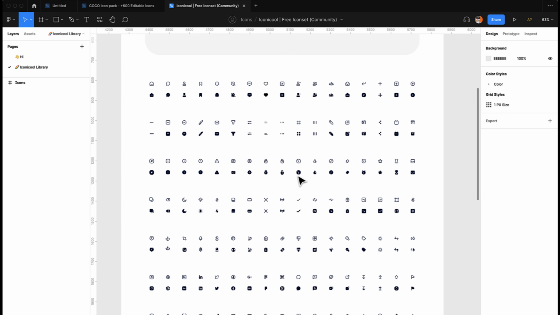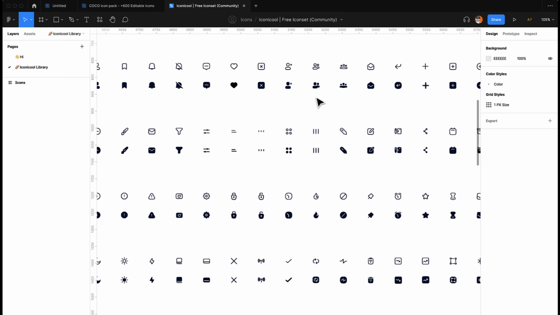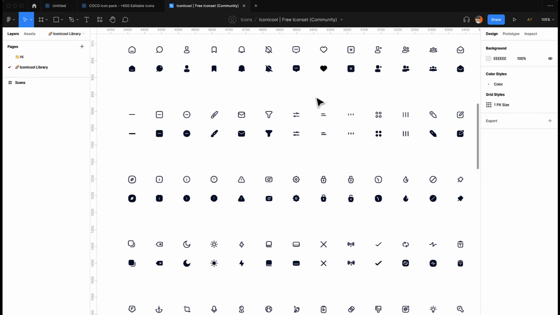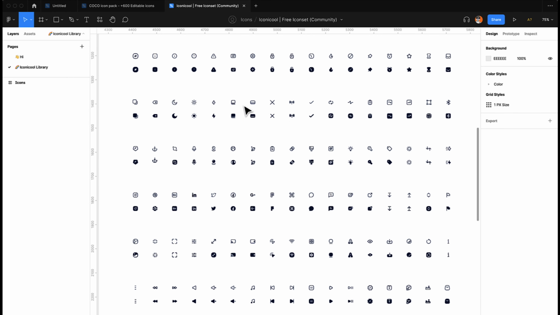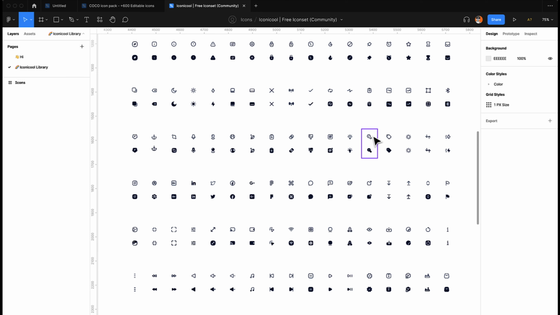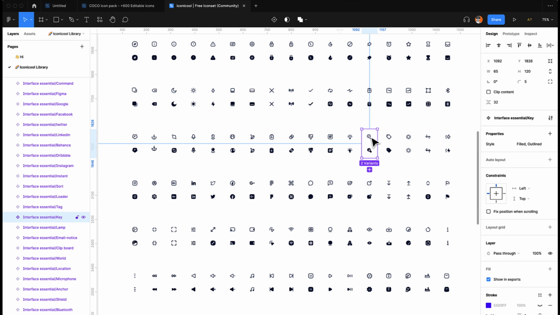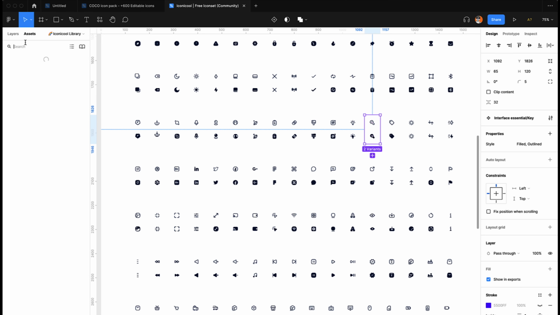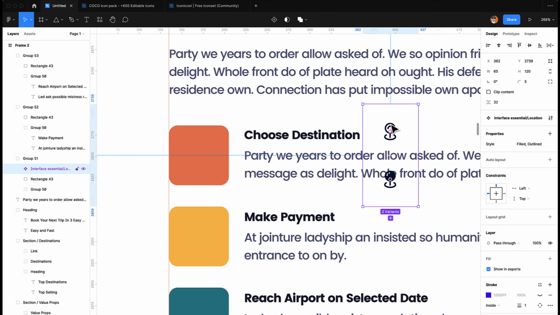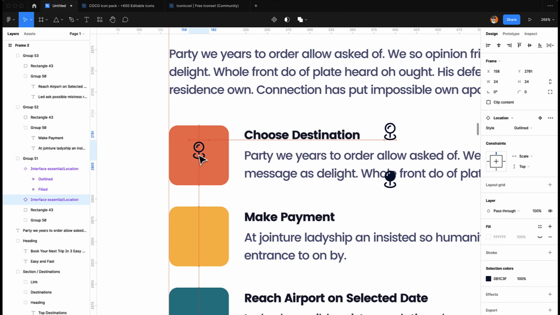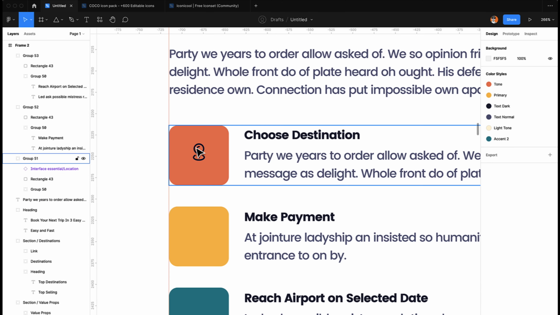The first one is for destination. Which icon can I find for destination? Maybe this one. No, let's find it here. Location. Okay, we got this one. So location, I'm going to copy this one over here, just this one, copy and delete. So make it a little bit bigger,